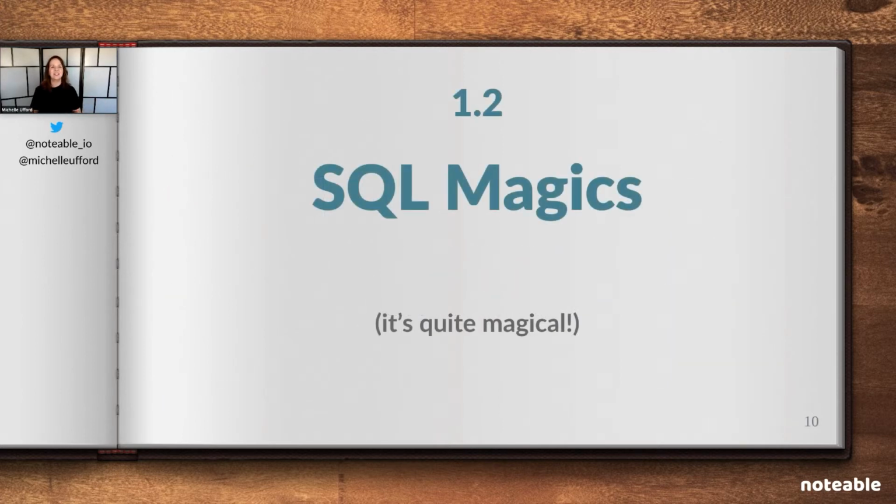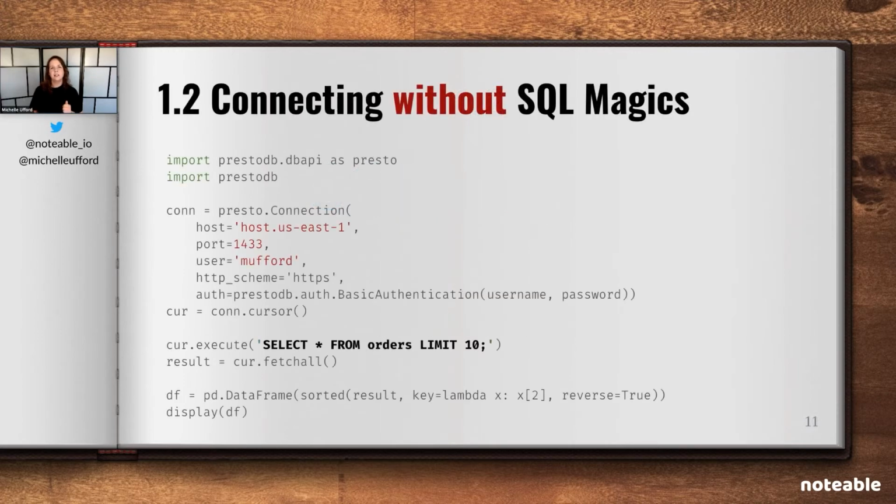Now let's get to the fun stuff, SQL Magics. If you're not familiar with Magics, it's a concept that really originated with Python and IPython and carried over into the Jupyter project. And Magics allow you to encapsulate code into a very easy user-friendly command. Let's look at connecting to a